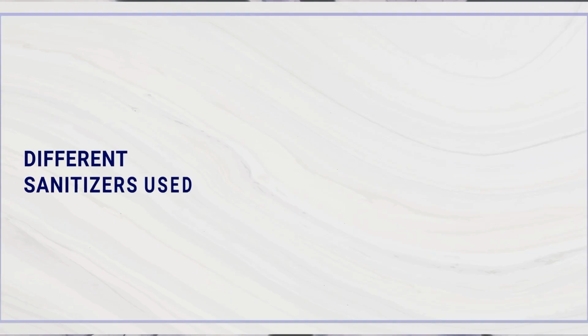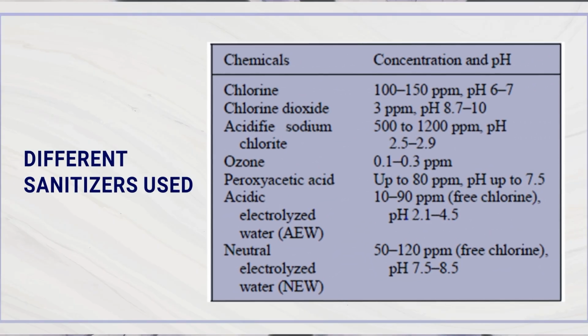Now, I would like to inform you about the different sanitizers which are there. Chlorine is one. We have the chlorine alternatives. We have also just seen chlorine dioxide. In addition, there could be, for example, peroxyacetic acid and ozone, and the kind of concentration and the pH which could be effective. So that is depicted here in this particular slide. And in case of the